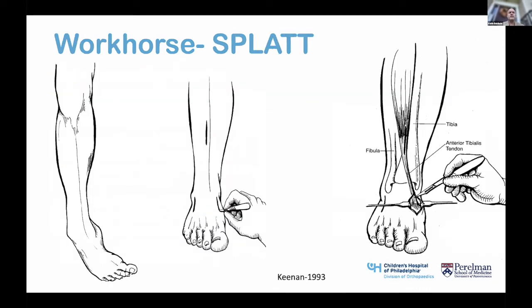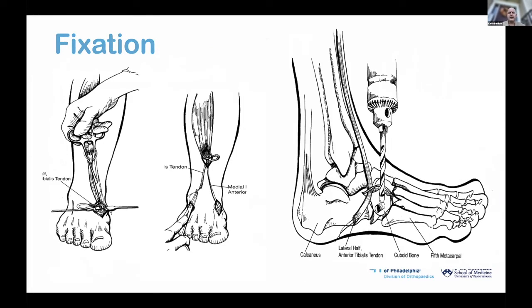So the workhorse of this whole thing is called the split anterior tibialis tendon transfer. Basically, you make an incision directly over the tibialis anterior. You split the tendon into 2 equal halves. And then you make an incision further up so that you can split the tendon, and then you bring it down to the cuboid and fix it with an interference screw. This is the most reliable way to do it. Provides an instant